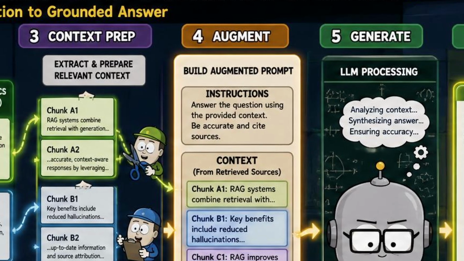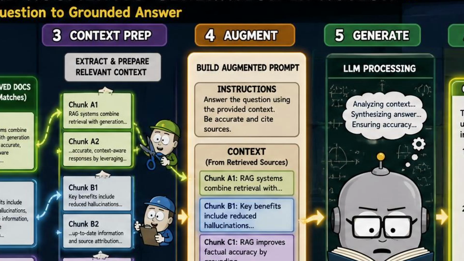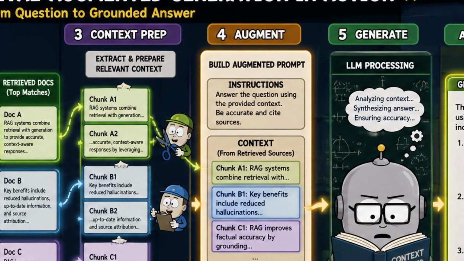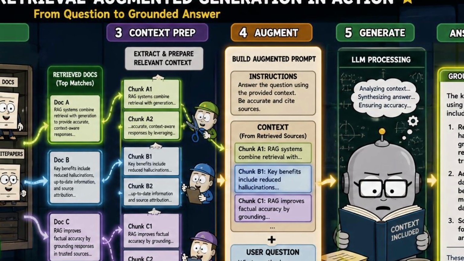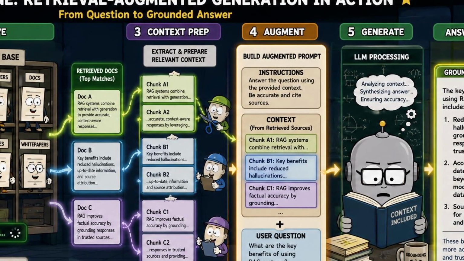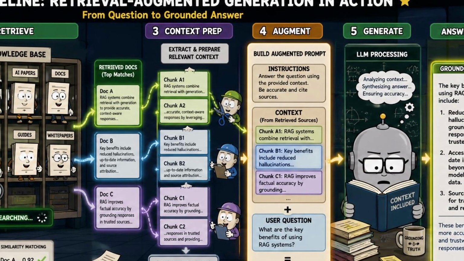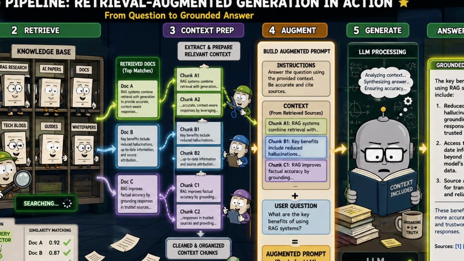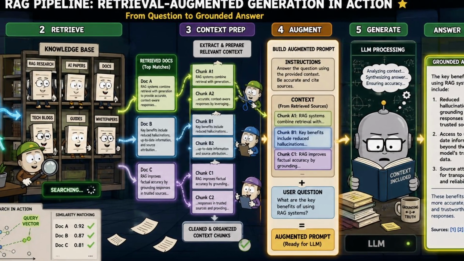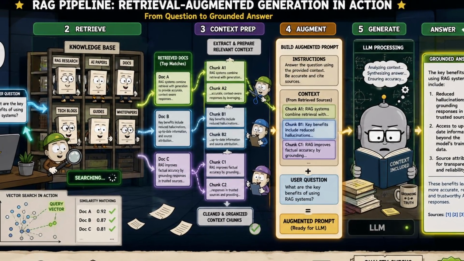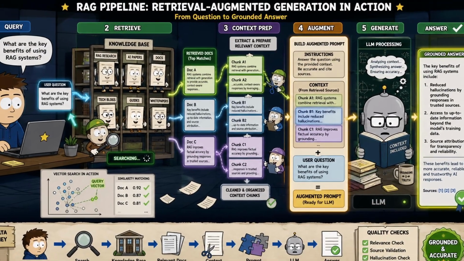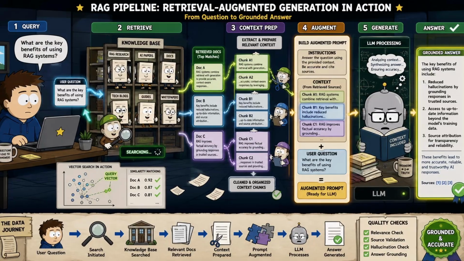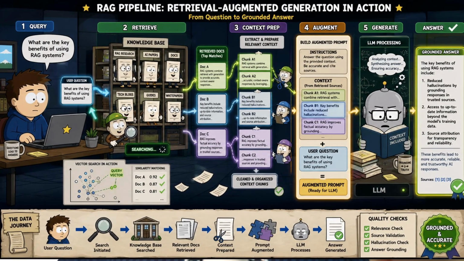At step 3, the system builds a prompt along the lines of, "Here is the relevant information, answer the question based only on this." The model reads it and writes the answer grounded in what it was actually given, instead of whatever it might vaguely remember. Retrieve, augment, generate, the same three steps every time. What changes from one industry to the next is only the source being retrieved from. That's the part worth really sitting with, because it is what turns RAG from one feature into an architecture that shows up everywhere.